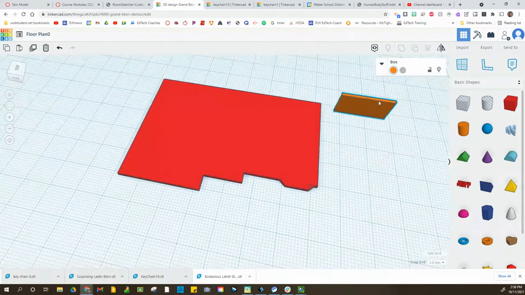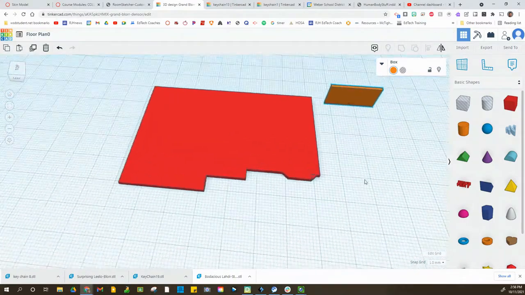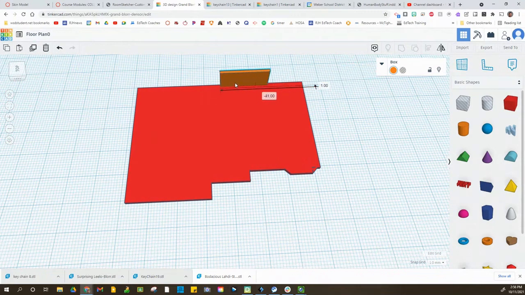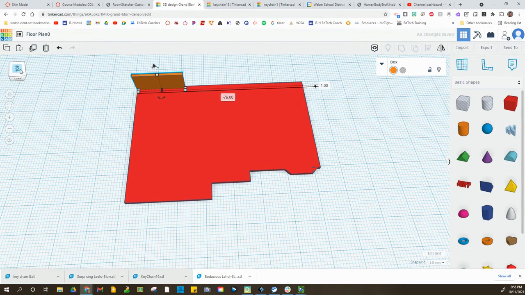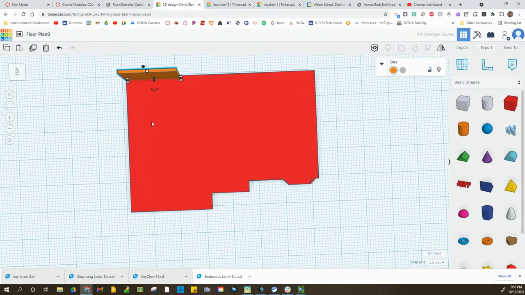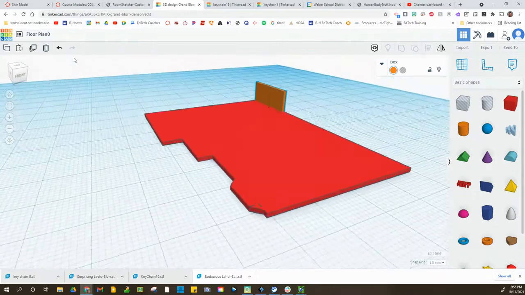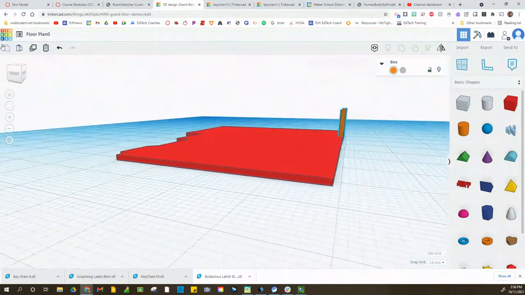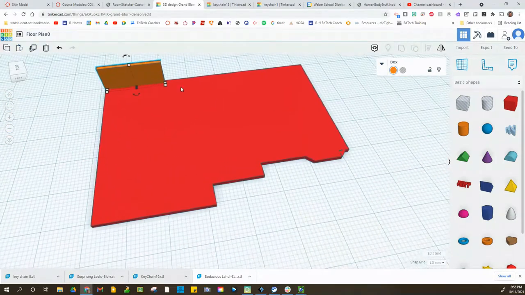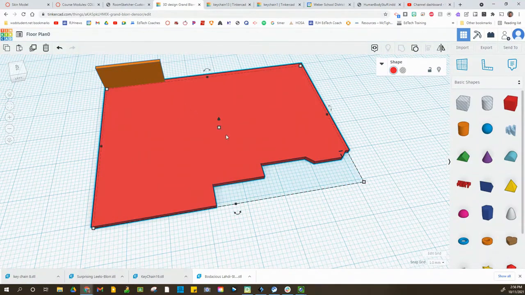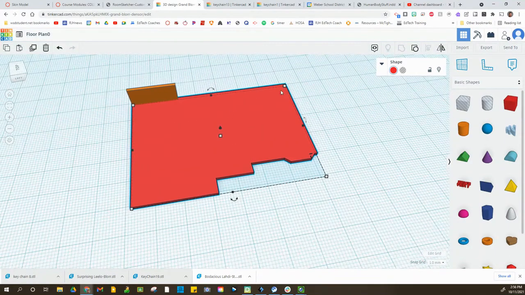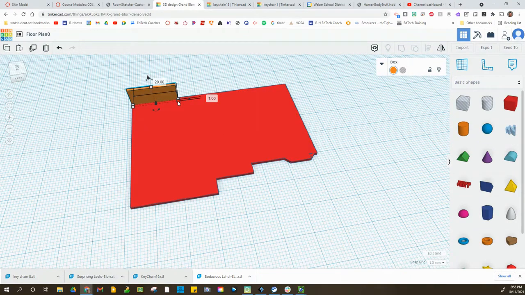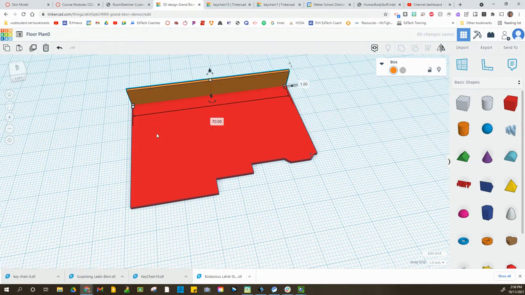All right, so now this is going to be kind of the basis of my wall. And on my back wall, I am just going to move that until it fits just right. If I turn and look, it runs right along the backside of my floor plan. And I know that my floor is 70, so I can go ahead and make this 70 to match. I could even drag